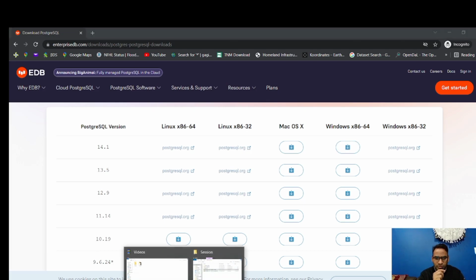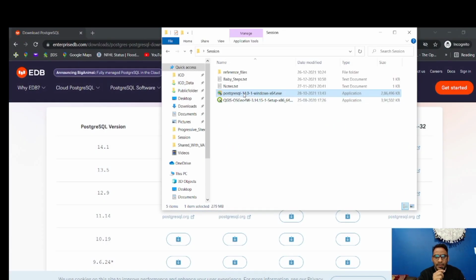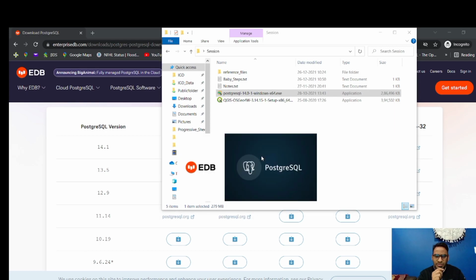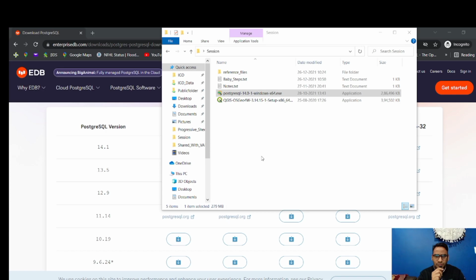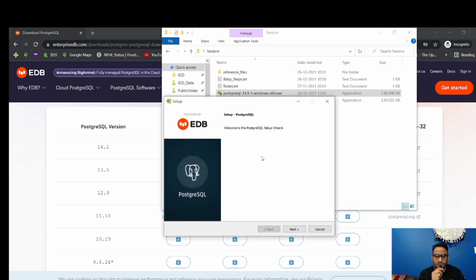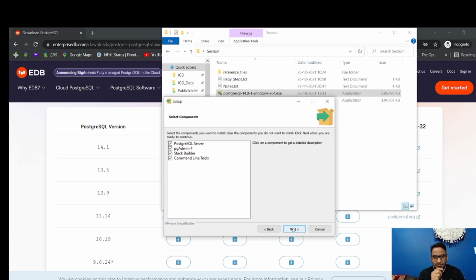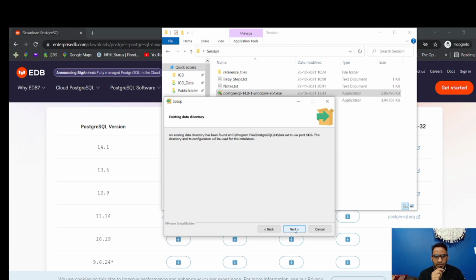Since I have already downloaded this to save some time, I just double click on this one, and as you do with other applications as well, just move forward with yes, yes, yes, and all the options that you get. So I'll do the same. Okay. So just click on next, next, next. Here you don't need to uncheck anything. Just let it be like that only, and move ahead. Yes, next. Yes. On this step, you might need to wait for a couple of minutes. It takes a little bit of time actually.